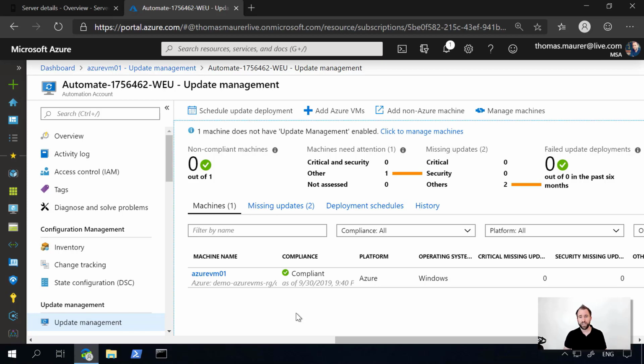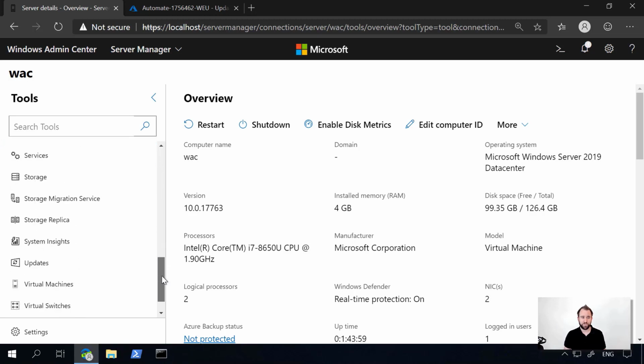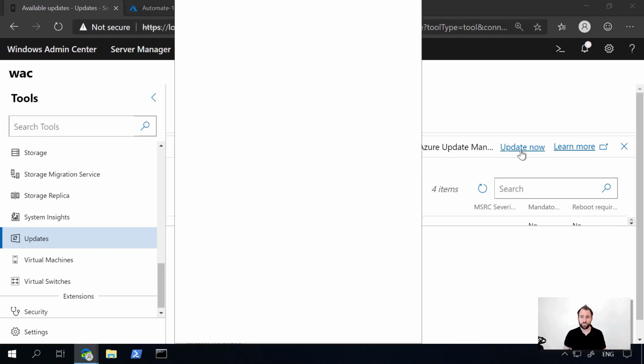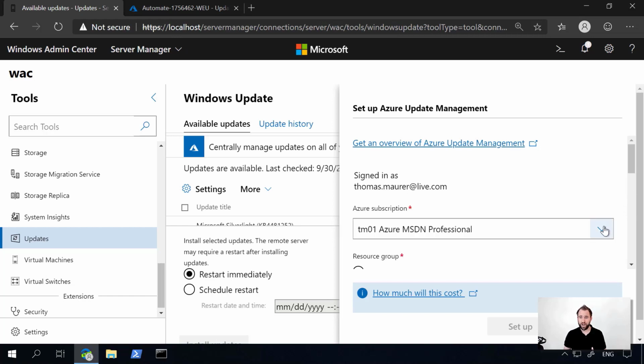Now, what I can do next is basically I could go out and just add more Azure VMs if I wanted to, or I can basically onboard non-Azure virtual machines, and this link will bring me to the documentation. Now, since I'm using Windows Admin Center, onboarding VMs to Azure Update Management is very simple. So I scroll down to the update extension, and this one is basically just there to manage my updates on that specific system, so I can use that manually. However, I want to basically onboard my server to update management to that centralized place. So I click on Update Now, and this basically allows me to log in to my Azure environment, select the subscription,